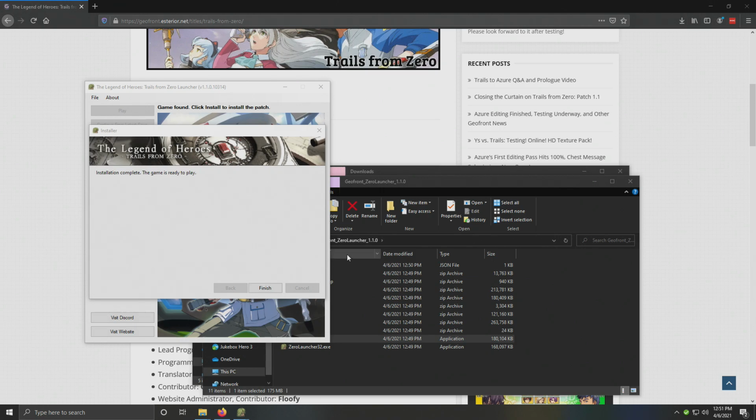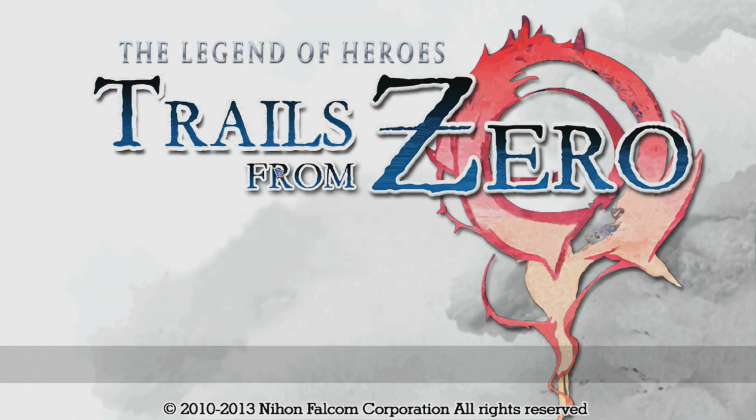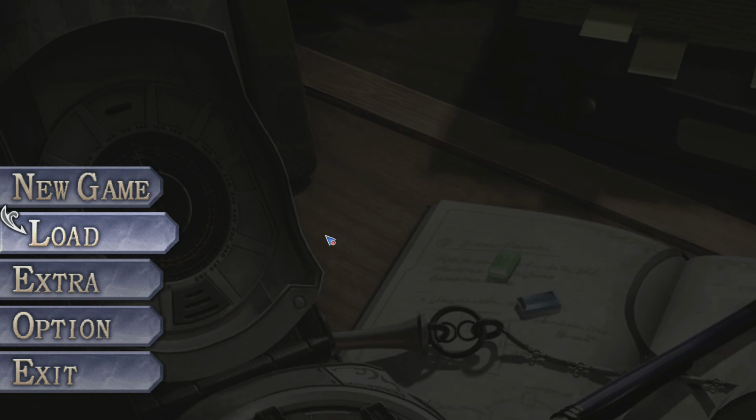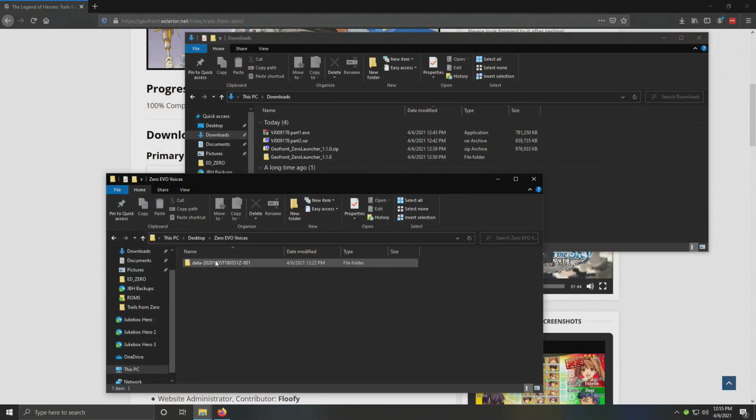And this is technically done and you can play the game in English right now. All you got to do is click on the play button there and you'll see that the game has been localized. It has been translated. However, this does not include the EVO voice mod patch. So one of the things I'm going to show you how to do is once you have those EVO voice